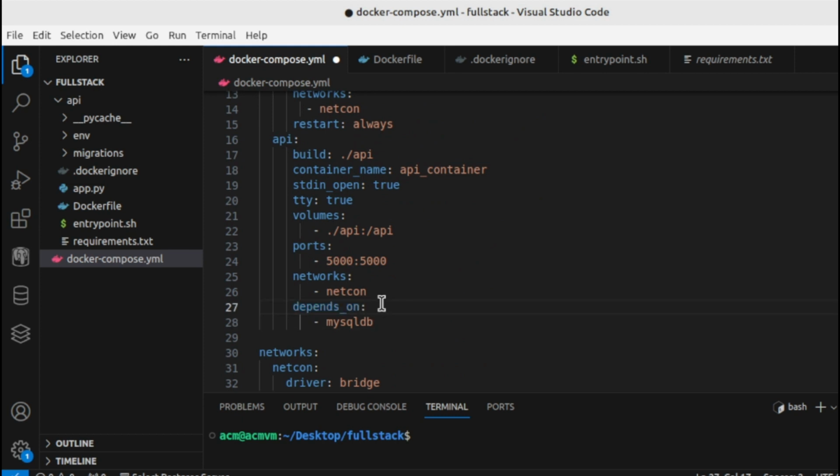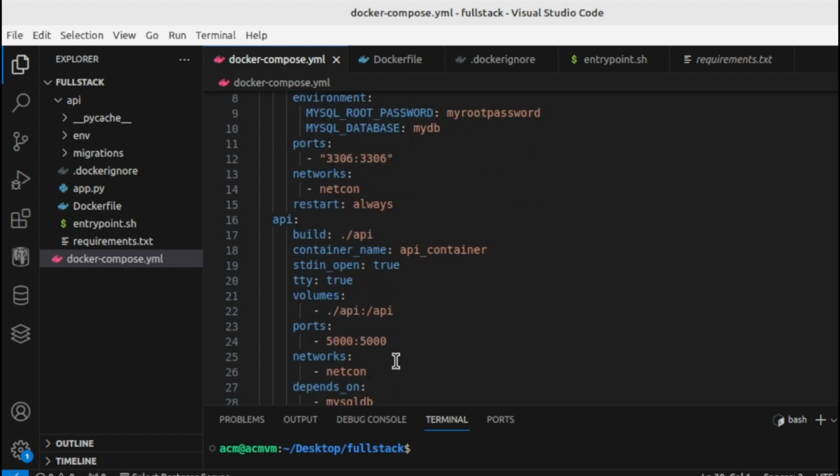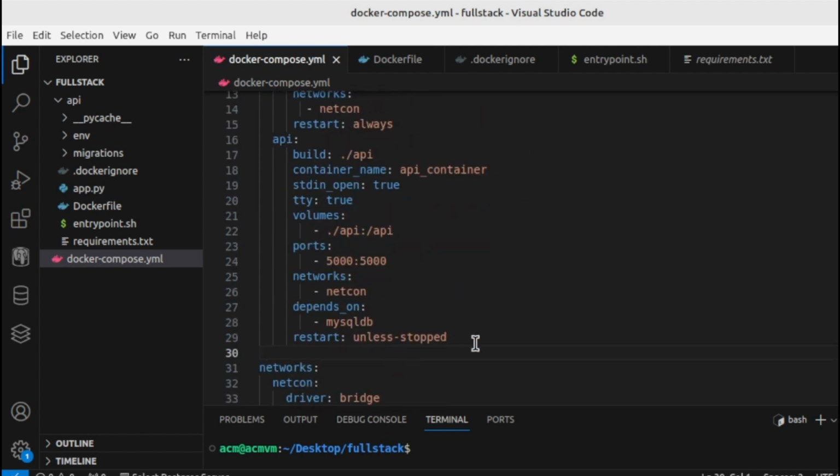Okay, so make sure we close this one. And then we need to specify the restart: unless-stopped. Okay, so let's save that. See to it that you are aligned with everything from here. Okay, so that's all we need for our API. Feel free to pause this video and copy this code. Then afterwards,